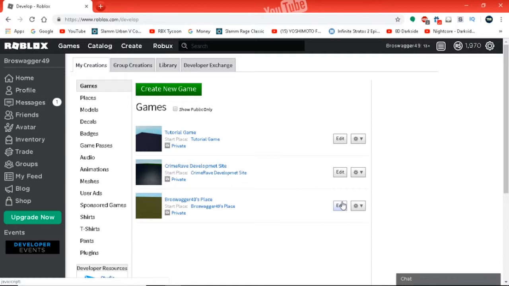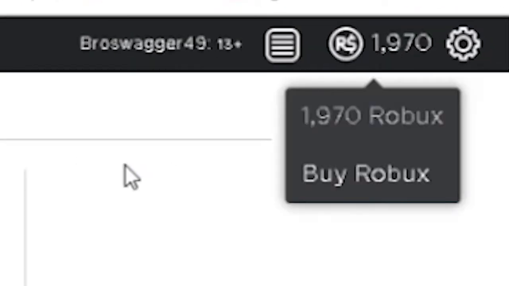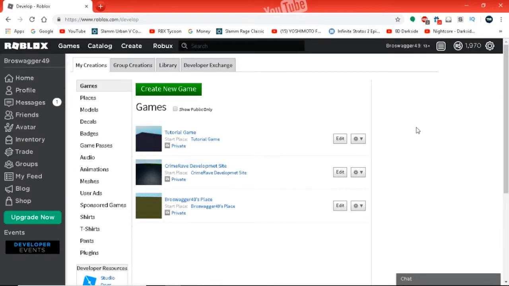Hello Legends of Today and the Future, this is TBB here, and welcome back to part 4 on how to make your own game on Roblox. Today we'll be covering how to make your own currency store where people can buy your currency using the precious currency of Roblox. And so the first step you want to do is head to roblox.com/develop